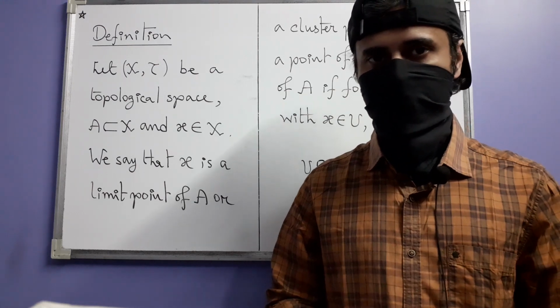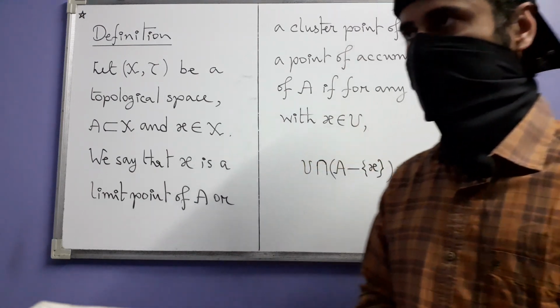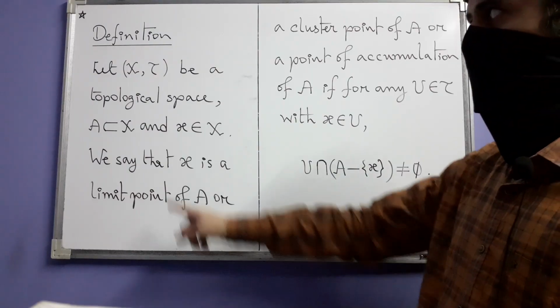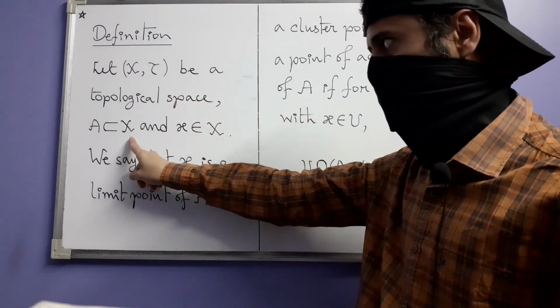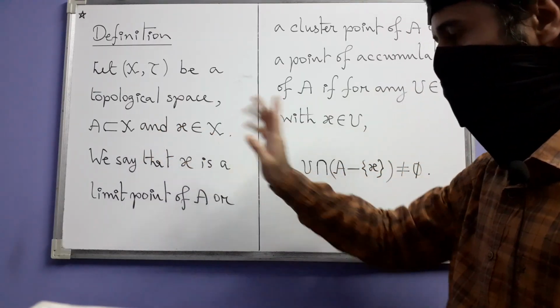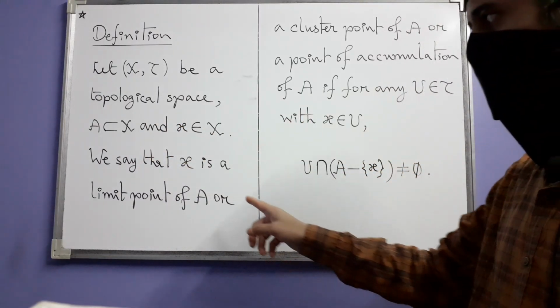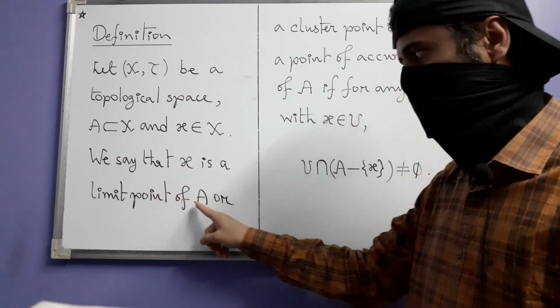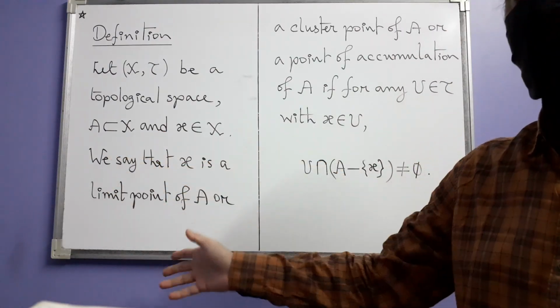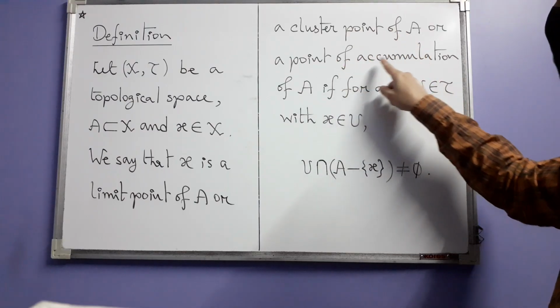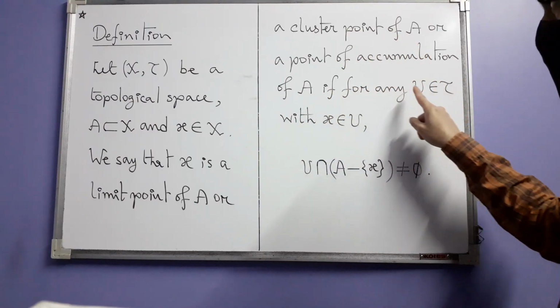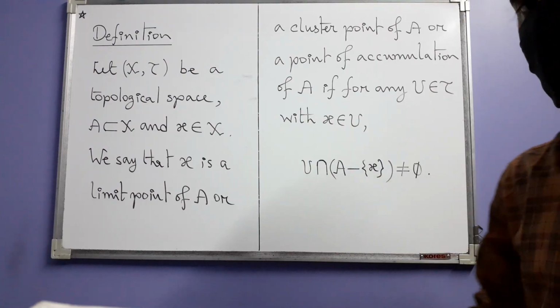Let's start today's video with a definition. The definition of a limit point. Let (X, τ) be a topological space. Let A be a subset of X and small x be a point in X. Then we say that this point is a limit point of that subset A, or there are other names, a cluster point of A or a point of accumulation of A if for any open set U